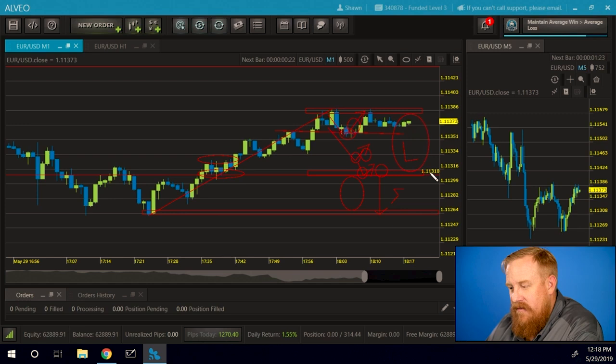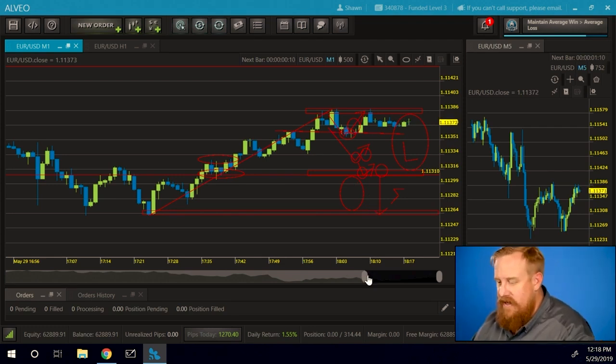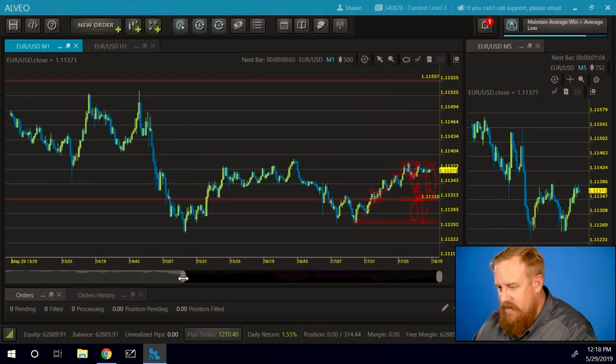The probability of a reversal increases in this zone right here. So reversal zone, full retracement zone down here. All right, let's clear this chart out and go back into history real quick and take a look at some of that